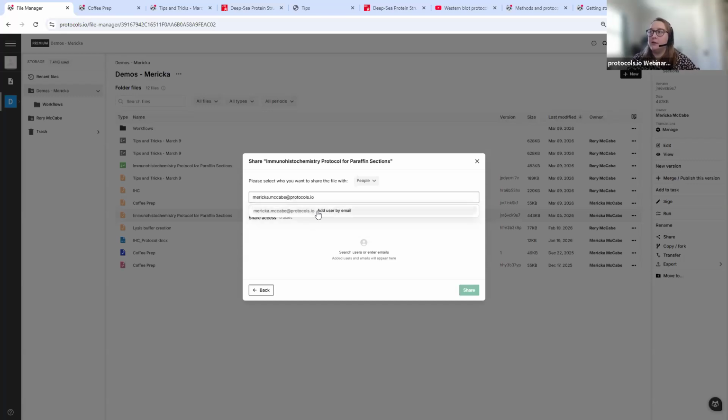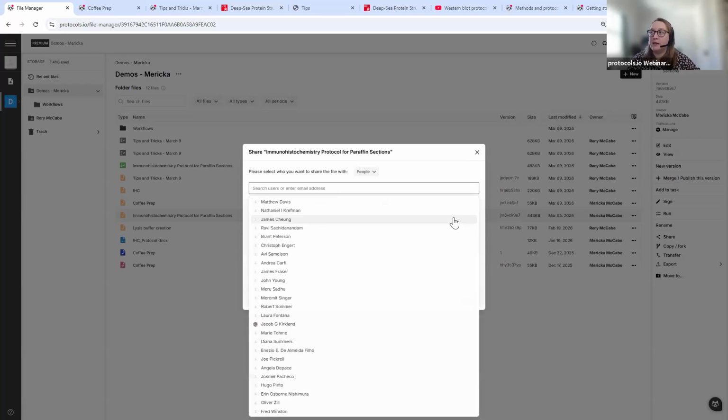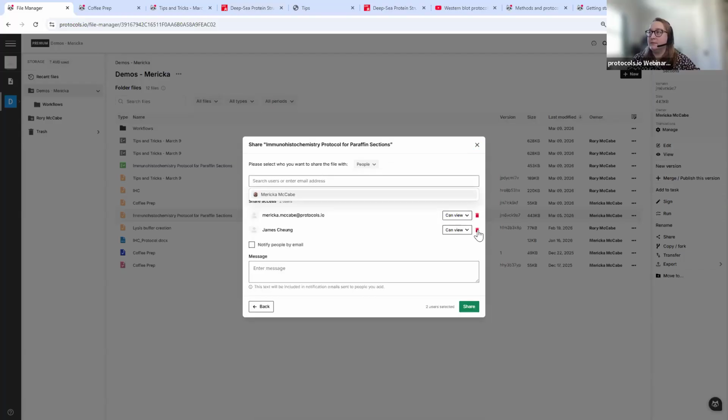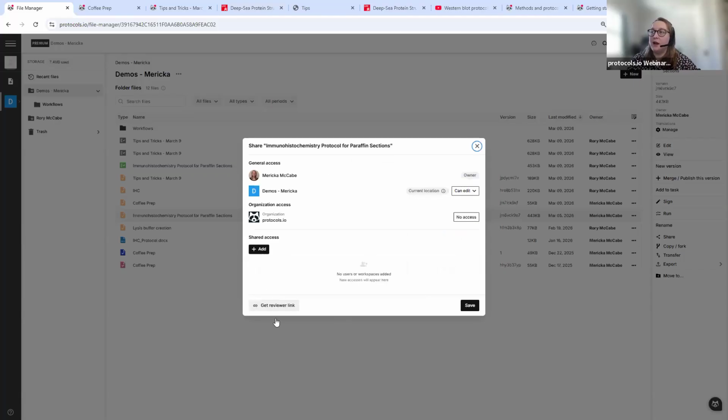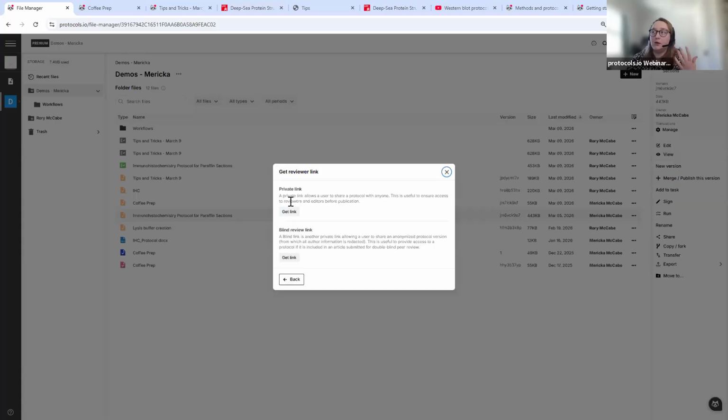I could also change the settings. Ooh, glitched for a second. There we go. Change the settings so that I can view it, I can edit it, or I could only preview it. If I want to have a link to put into a paper or send to reviewers, you can